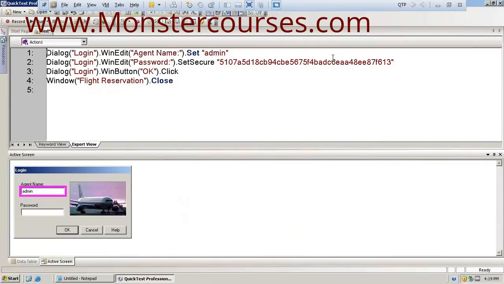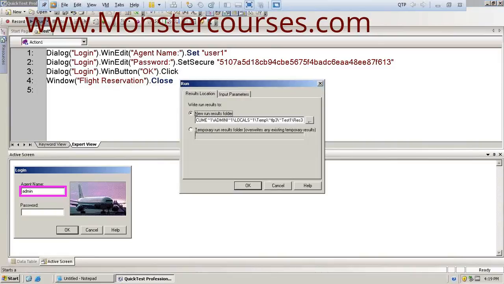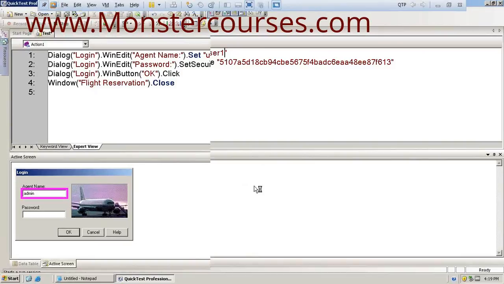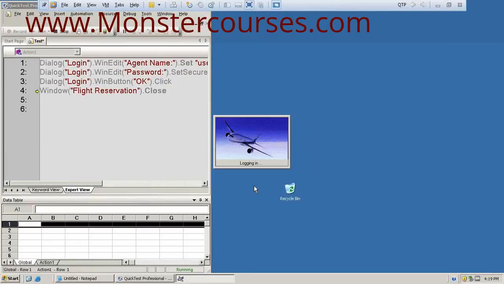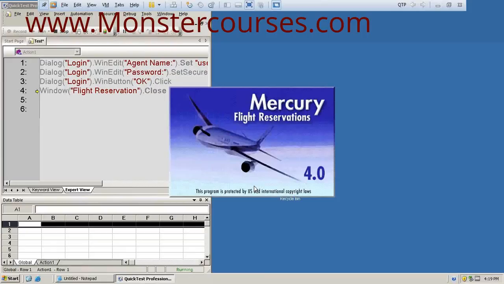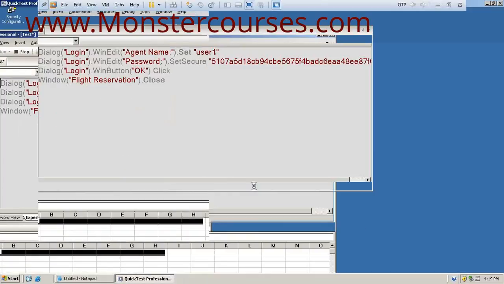So no need to create one more script again. Directly here itself I can change the value. Let's say user 1, and I can run the script. Now it runs with the new value as user 1. So no need to do those actions again manually and put the new inputs.